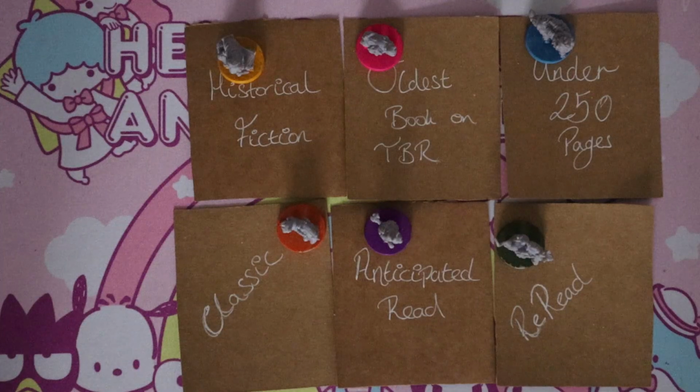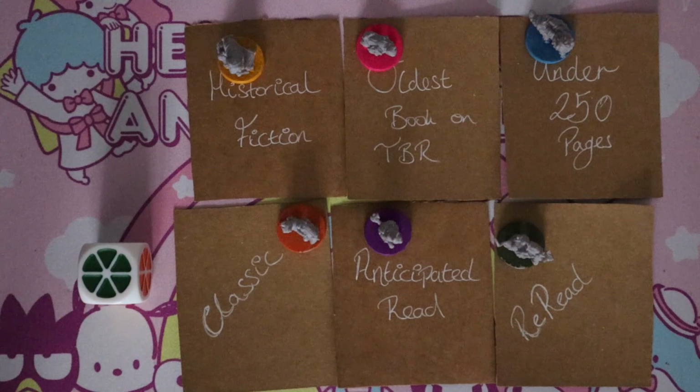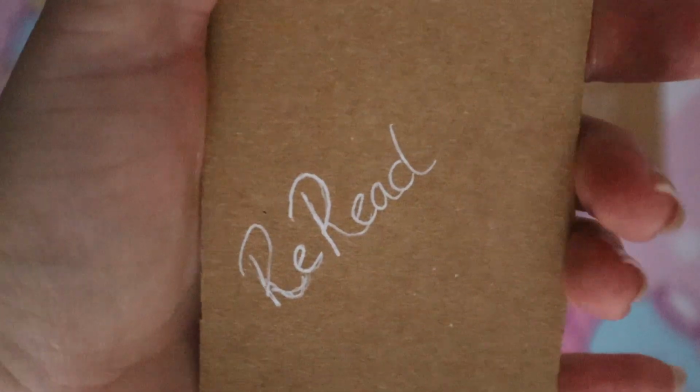The first roll for March. Green. Not bad, let's see. Oh. A reread. The first roll started off really nice with a reread, and this book should come as no surprise. In December, I started a reread of the Stormlight Archive, and I really enjoyed it, absolutely loved it, and